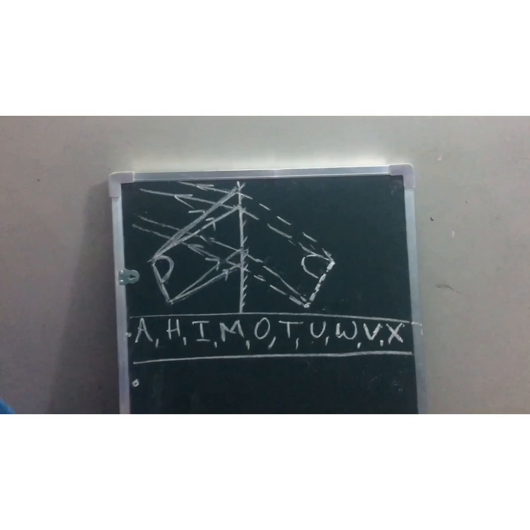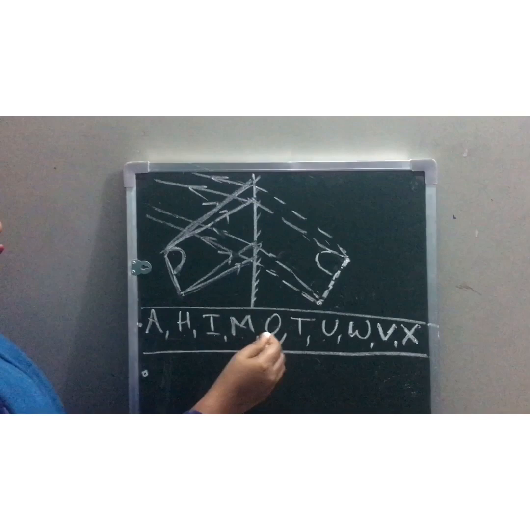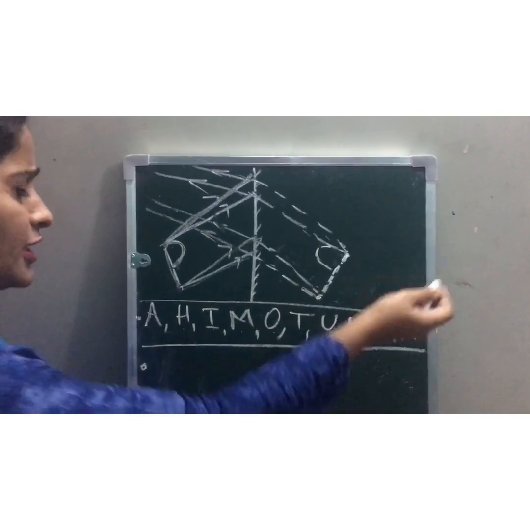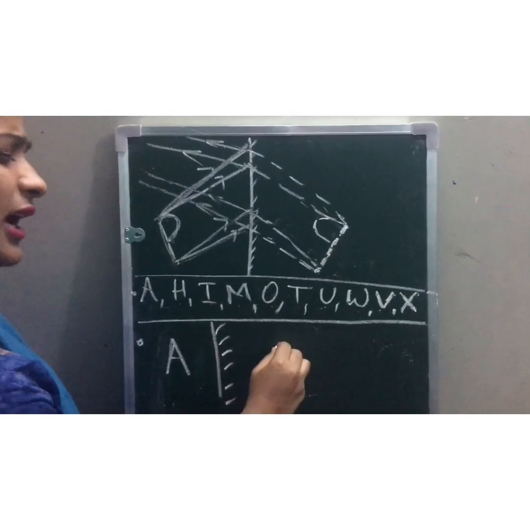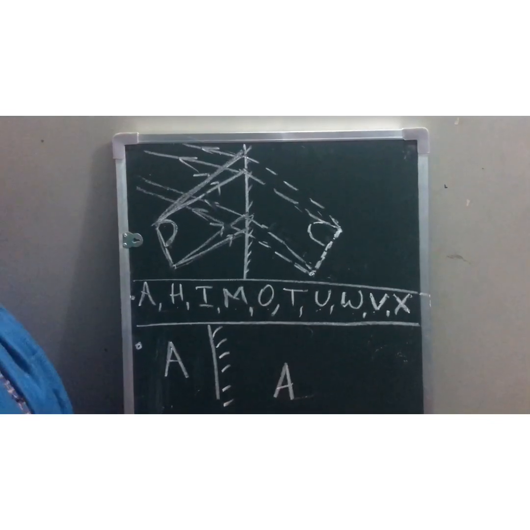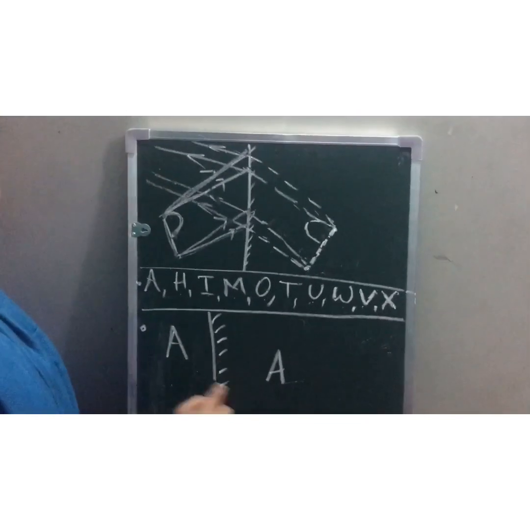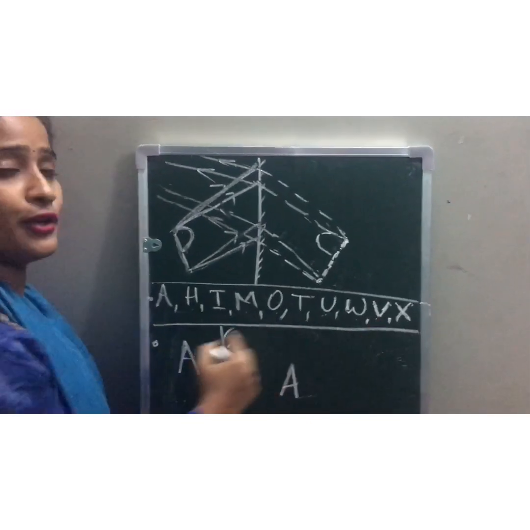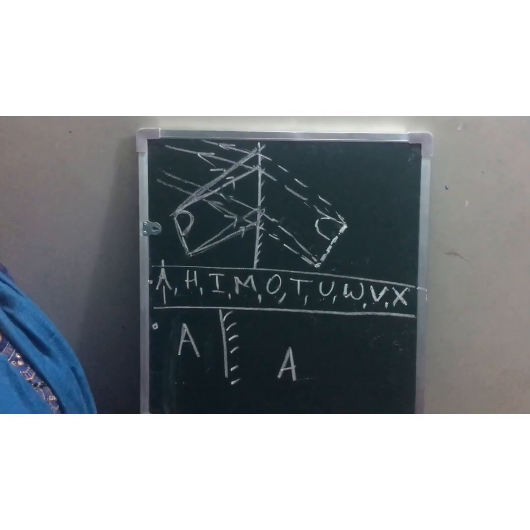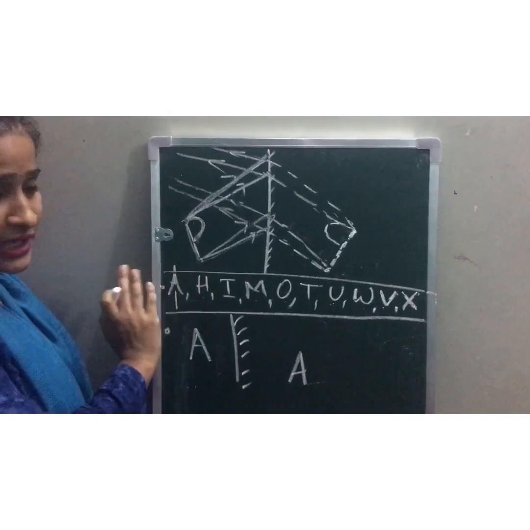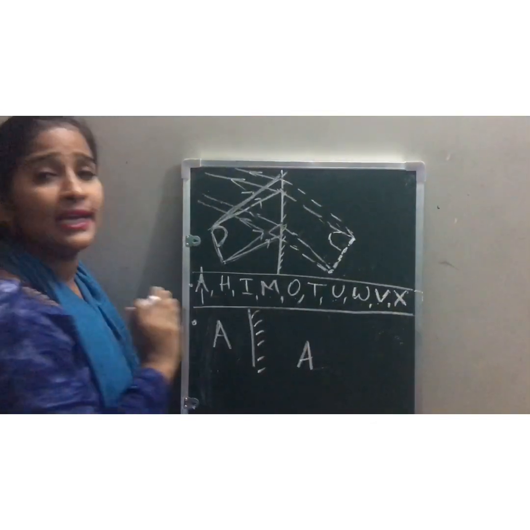Okay, students. Now the letters of the alphabet like A, H, I, M, O, T, U, W, V, X. When you draw A instead of P in front of a plane mirror, you are not able to observe any difference in the image of A. Why? Because lateral inversion is not noticeable in these letters. Because these letters have a vertical symmetry. Since they are vertically symmetrical, these parts are symmetrical to each other. That's why the lateral inversion phenomenon is not noticeable in all these letters.